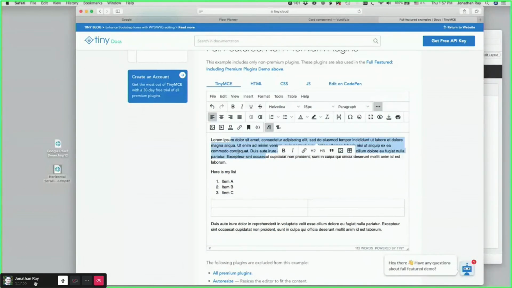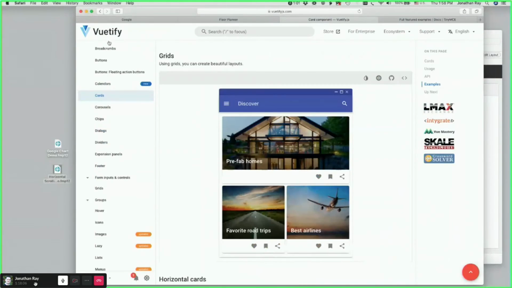The text here can be coming from a FileMaker record in a field somewhere. Allowing people to print from that would be really useful. Here's one last example, and this is called Vue or Vuetify. And this is a user interface example where you can do card-style windows like this